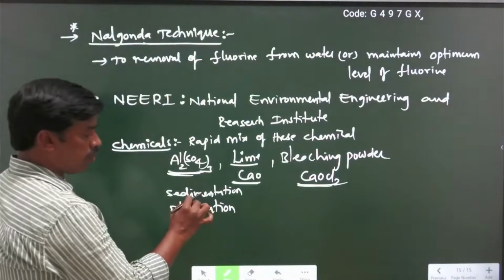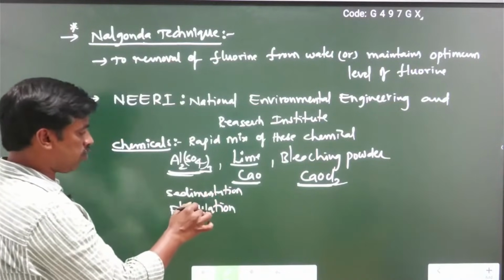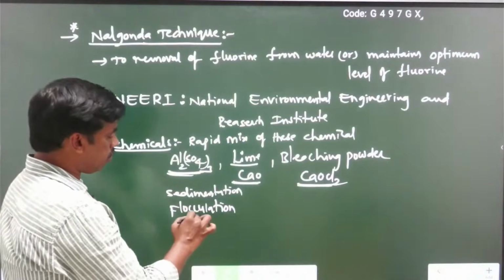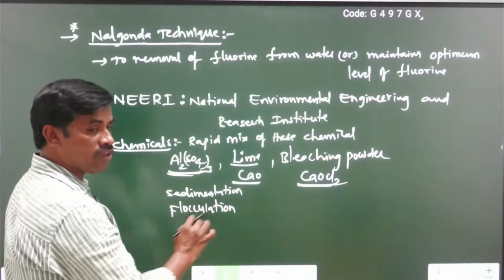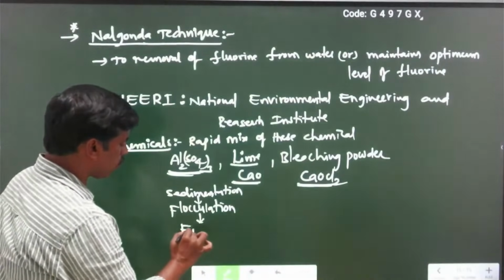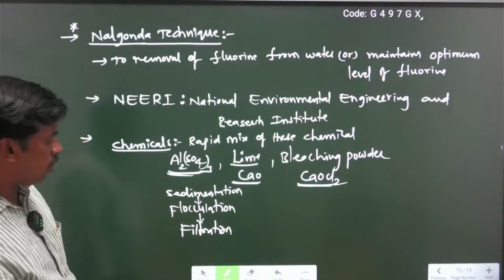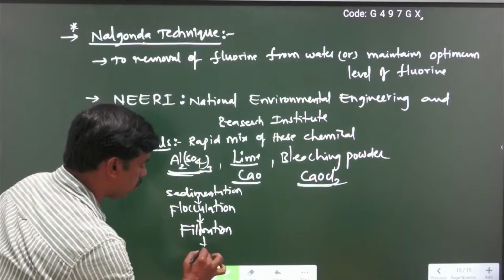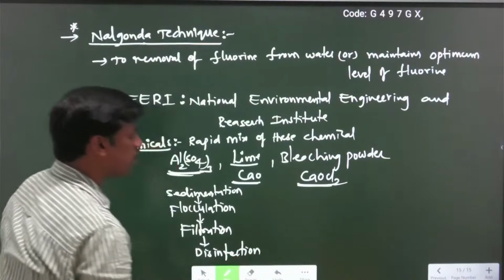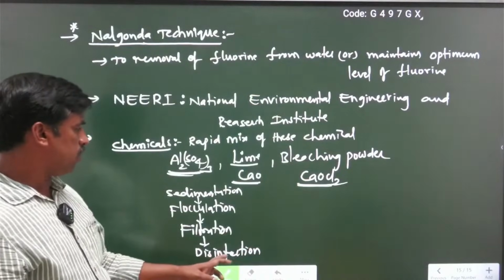After removing the particles settled at the bottom of the tank by gravitational force, the dissolved suspended particles are precipitated, and these precipitated substances form what is called the flocculation process. After that, filtration. After filtration, what are we going to do? Disinfection. For disinfection purpose, what are we going to add? Bleaching powder, calcium oxychloride, is useful for disinfection purpose.